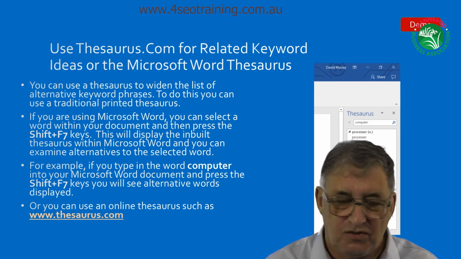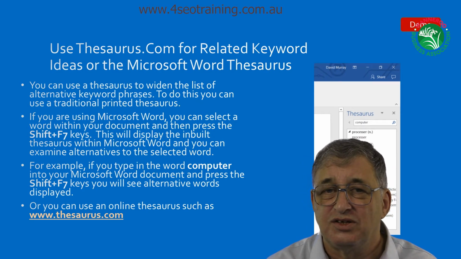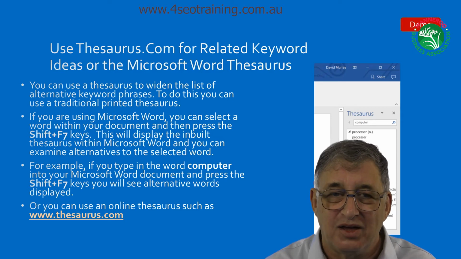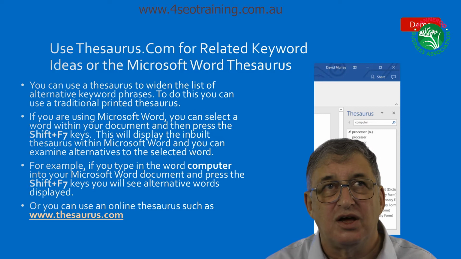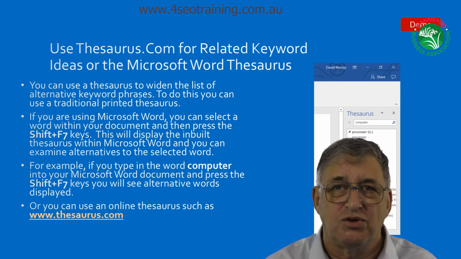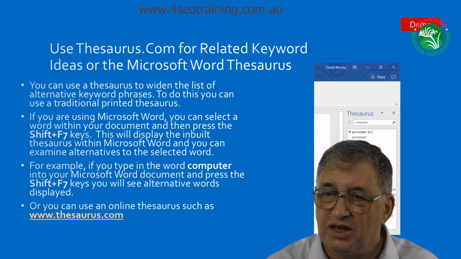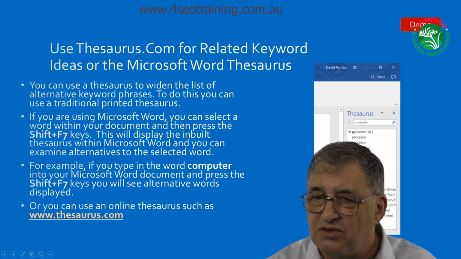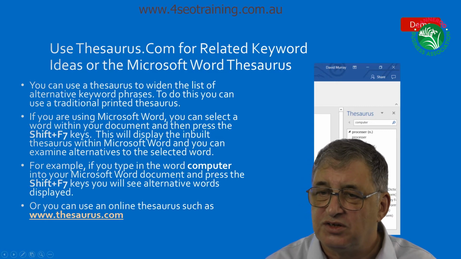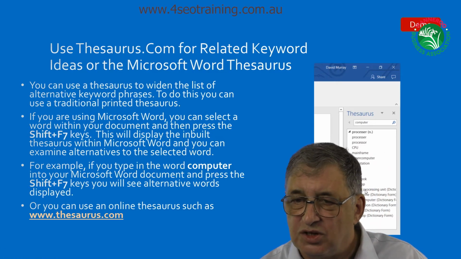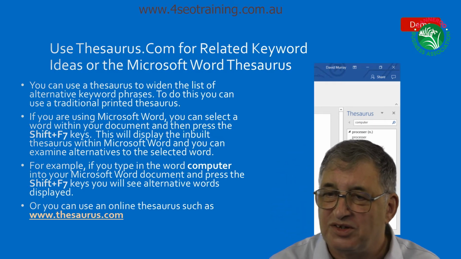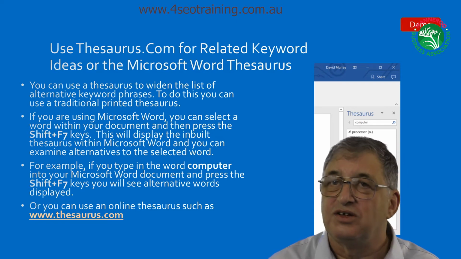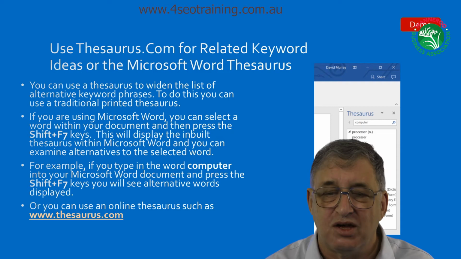If you're like me and you've typed in a phrase and you're trying to think of alternative phrases, your mind goes completely blank. What you can do is use a thesaurus. So within Microsoft Word, if you just double click on a word to highlight it and then press, I think it's Shift F7, that will bring up the thesaurus within Microsoft Word. And as you can see in this case, for the word computer, it's given me a whole load of alternatives. So what I could do is use these different alternatives like computer. I could also use notebook, laptop, mainframe, CPU, processor, etc. So these are other related phrases I could work into the website, and that would really help with the SEO.